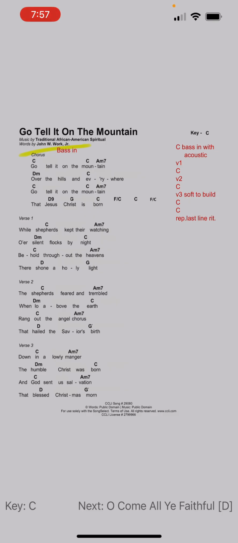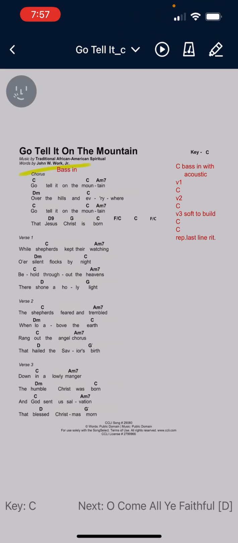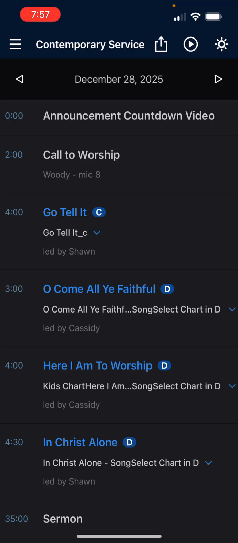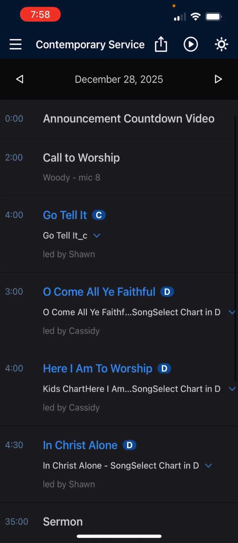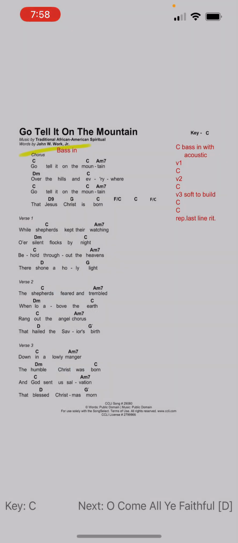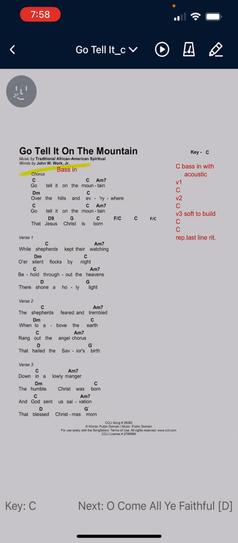So a best practice is, I'm going to click on the screen and hit this back button in the top left corner. Best practice is, before you start practicing, whether you're a vocalist or an instrumentalist, I normally try and have the notes updated by Tuesday or Wednesday of the week before that Sunday, so just pull down on the screen and you saw that little refresh circle there. Do that just to make sure any notes have been updated, so you have the most up-to-date notes. I ask that you not go in and change the notes because some of them are shared